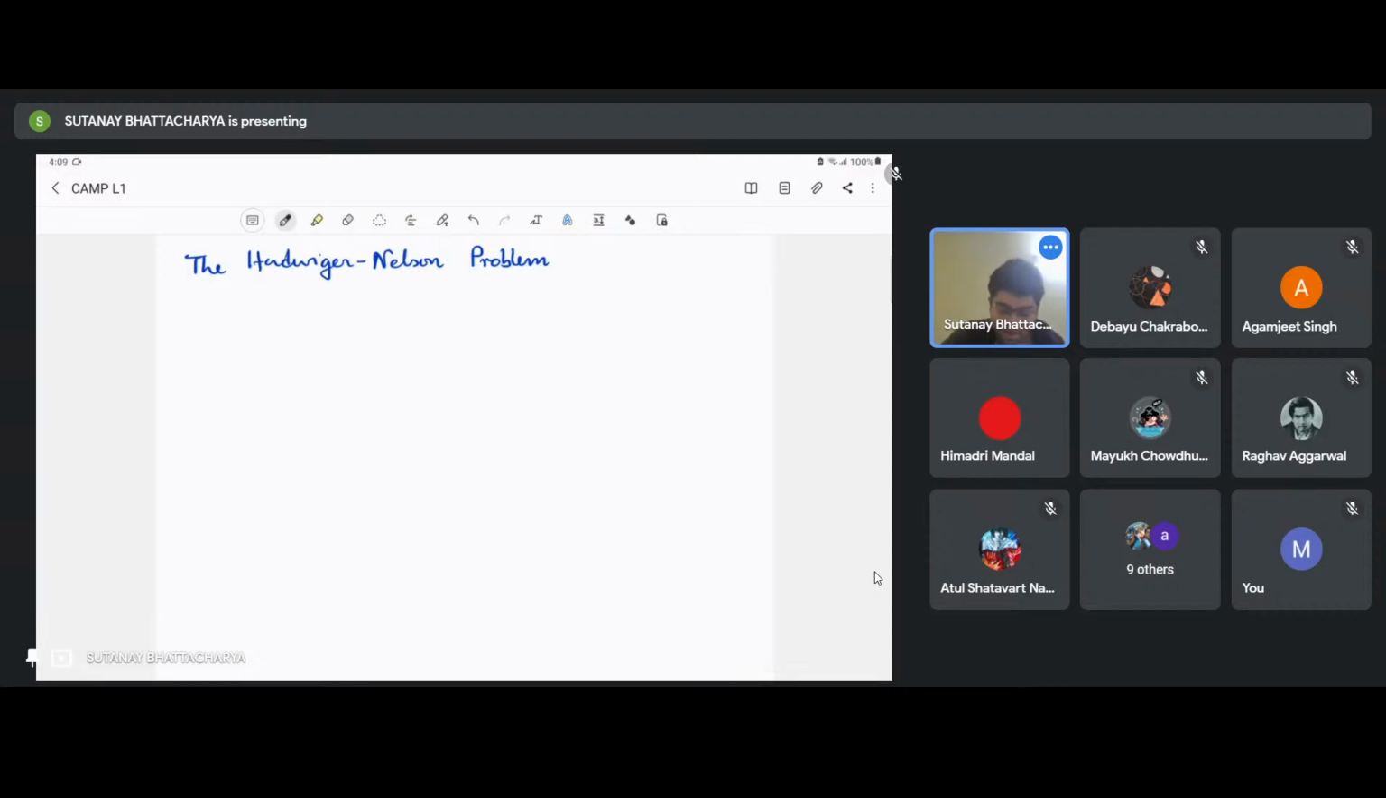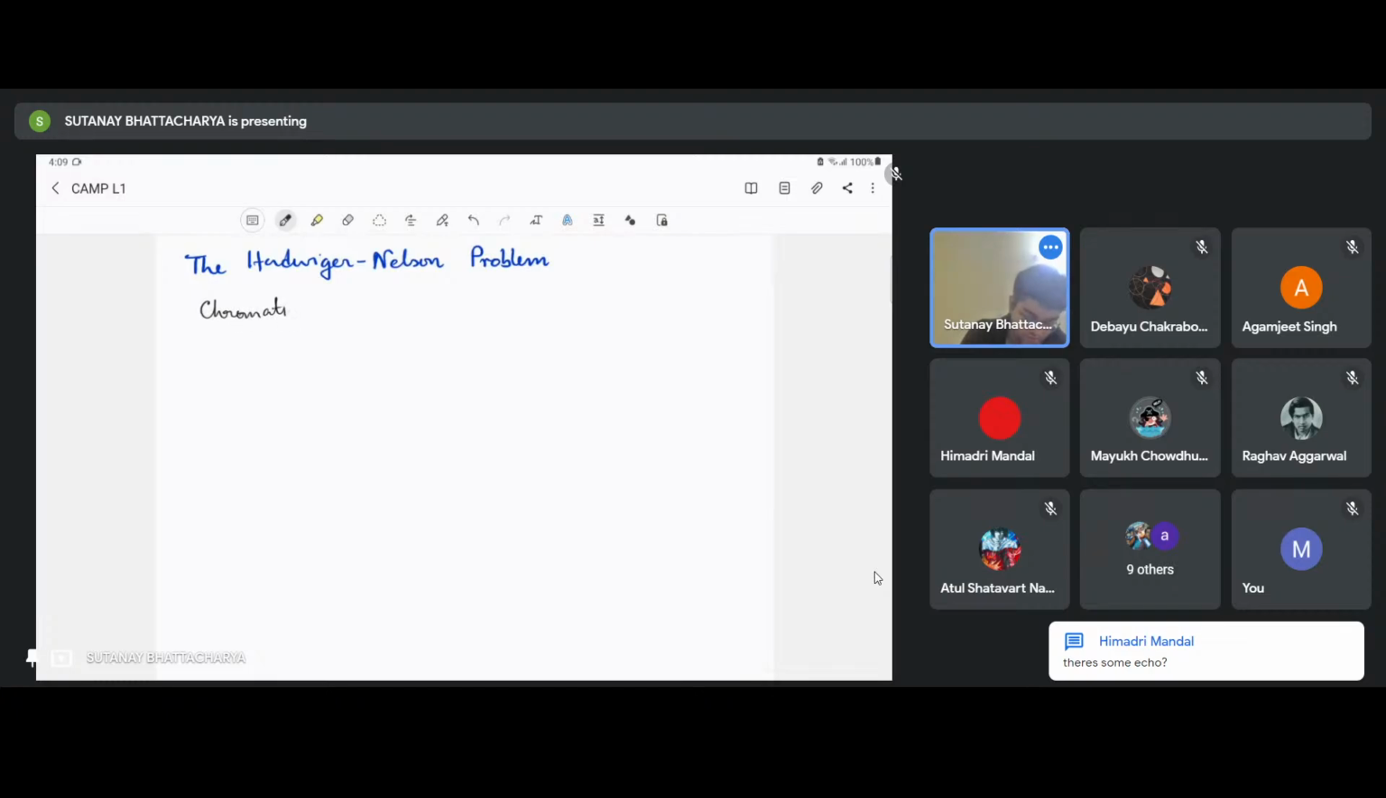Anyway, so what is the Hadwiger-Nelson problem? It has a very natural, simple to state statement. So what we're looking at is something called the chromatic